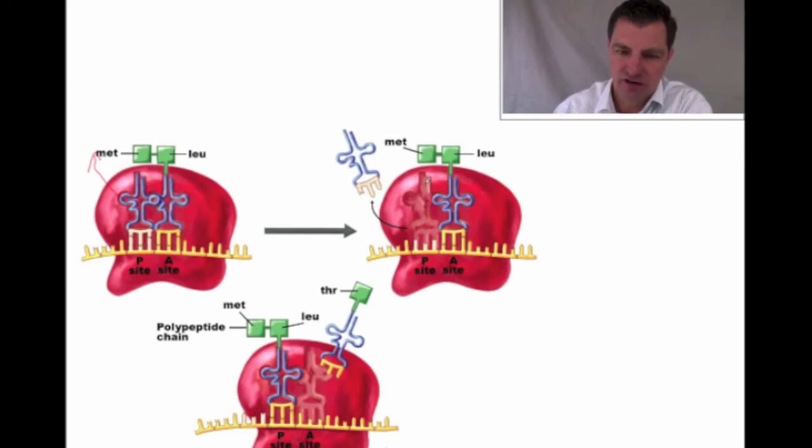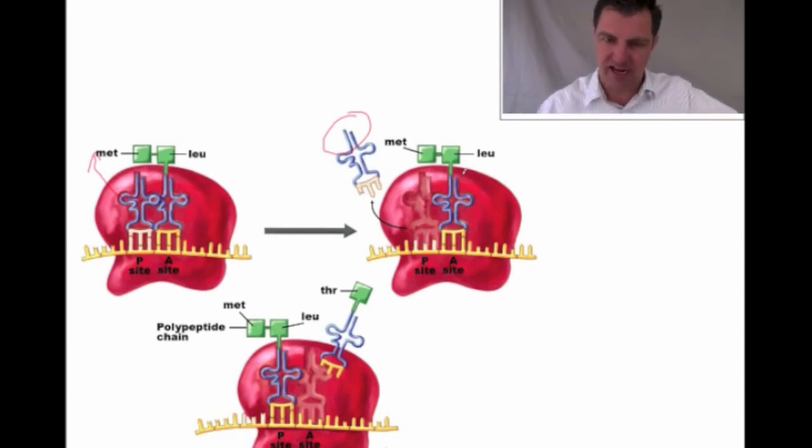Now notice there's nothing in the P site. This thing went to the E site and floated off. And then this gets recycled. So an enzyme will come in, build another one of those, attach that, and you can reuse that one. So now my A site has my tRNA, it has my leucine, it has my methionine. Nothing's in the P site.